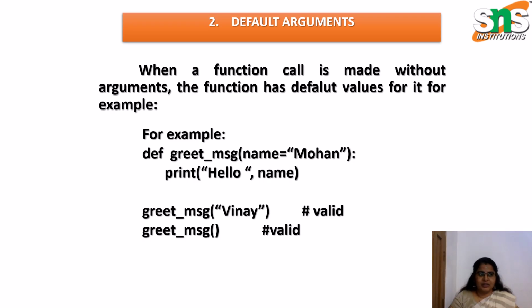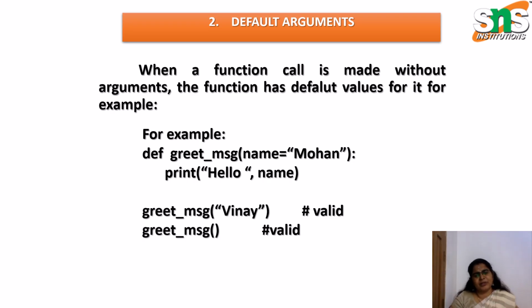For example, we define a function named greet_message. Now I am going to greet a person, whose name is Mohan. Now I am going to print hello, the name. When the print is called, the output value is hello Mohan. Now I greet the message Vinay, that is valid, and greet_message with no argument is also valid. We can call greet_message with different types of